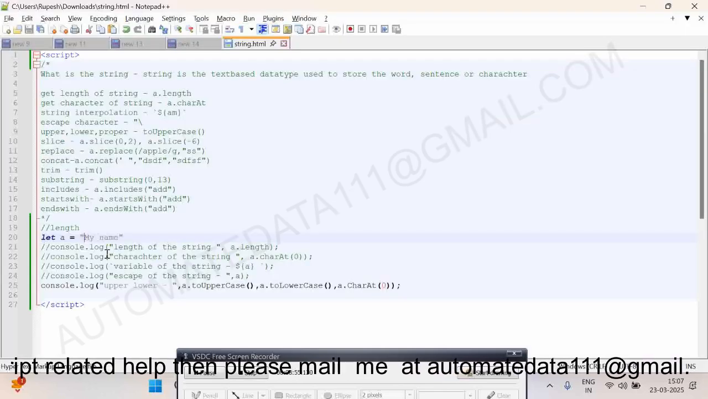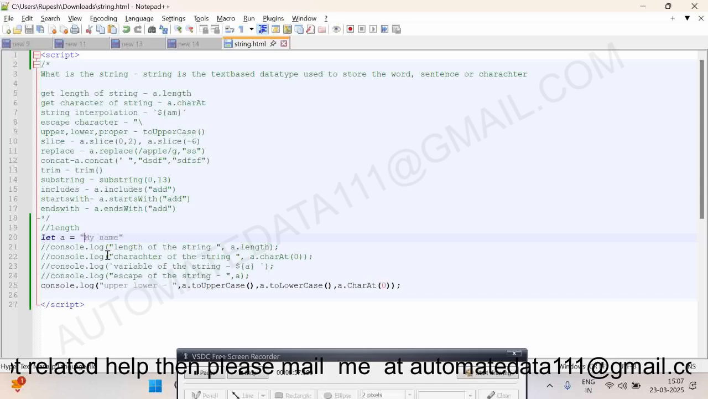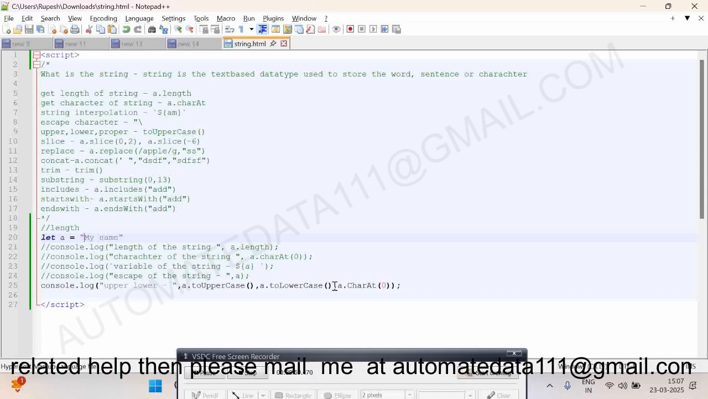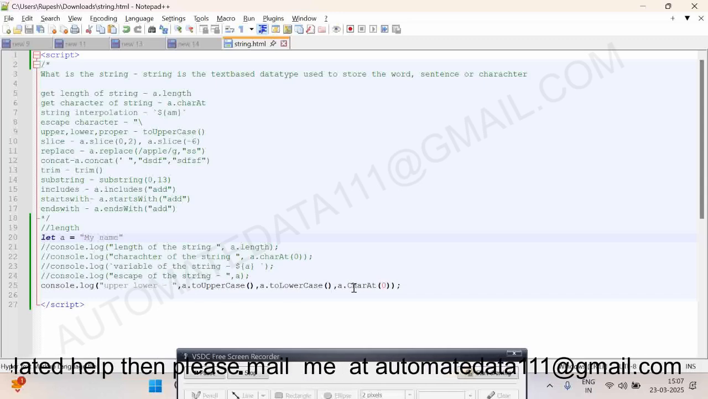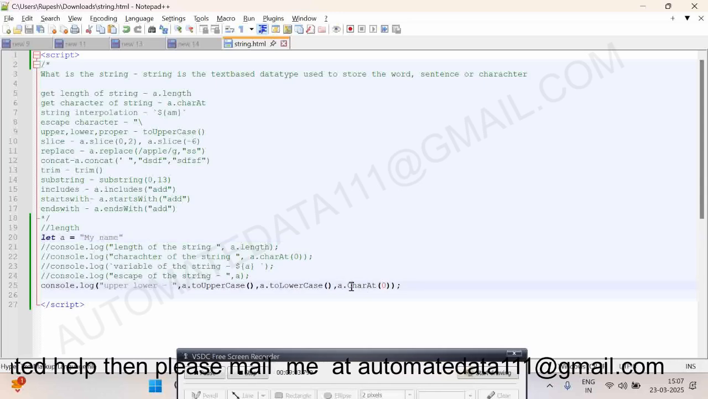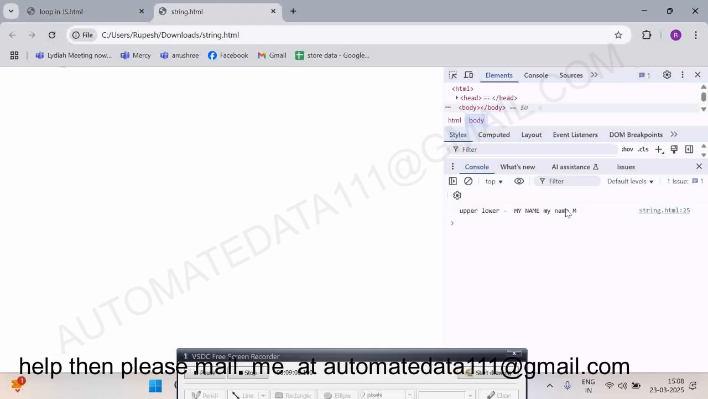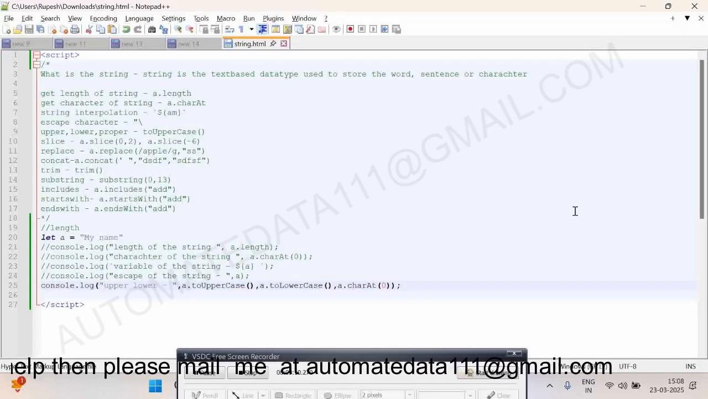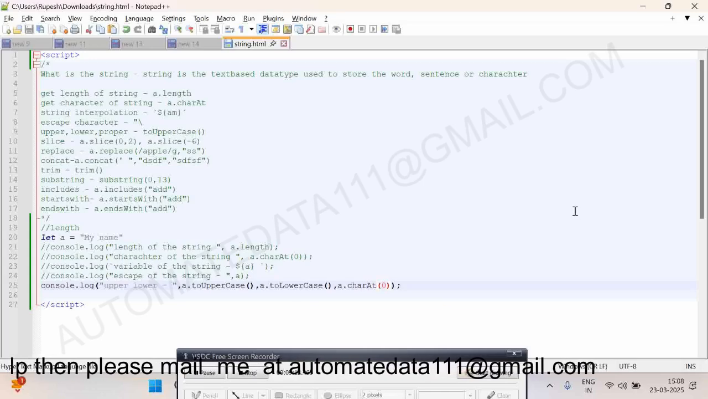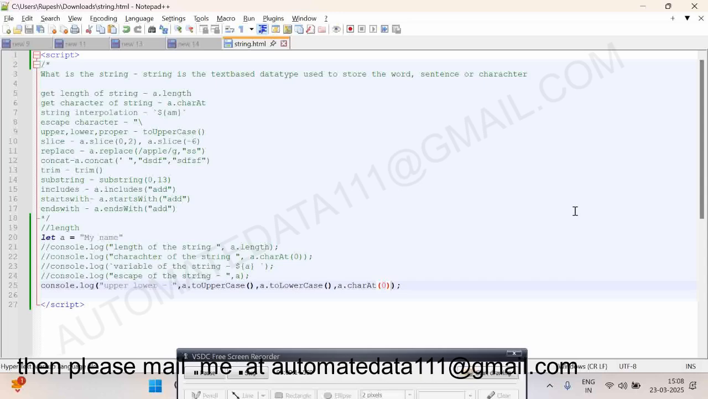Let me look at the issues here. A dot string, a dot uppercase, lowercase, a dot caret. Oh, sorry, C should be the small one. M, and you can just assign the remaining values this way. A dot char